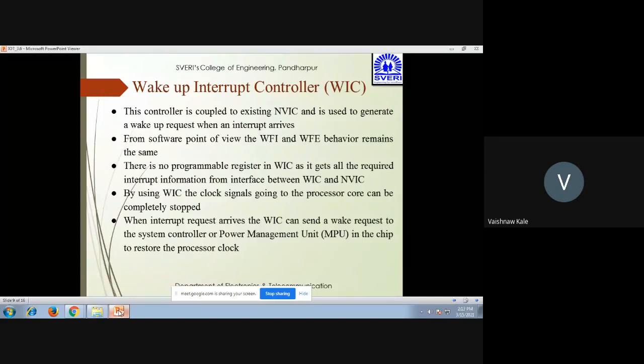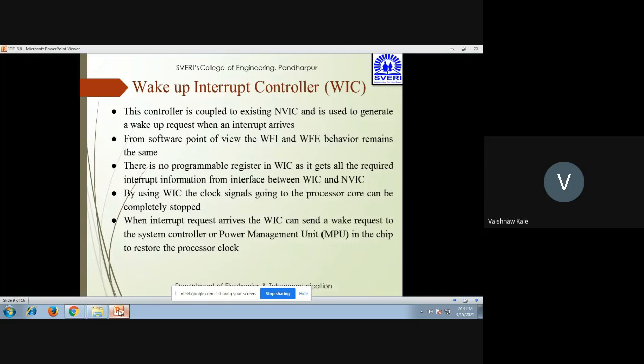In the wake up interrupt controller, actually there is no programmable register in the WIC, and to get all the required interrupt information, it gets it from the interface between the WIC and NVIC. By using the WIC, the clock signal of the processor can be completely stopped. When an interrupt request arrives, the WIC can send the request and restore the processor clock back again.